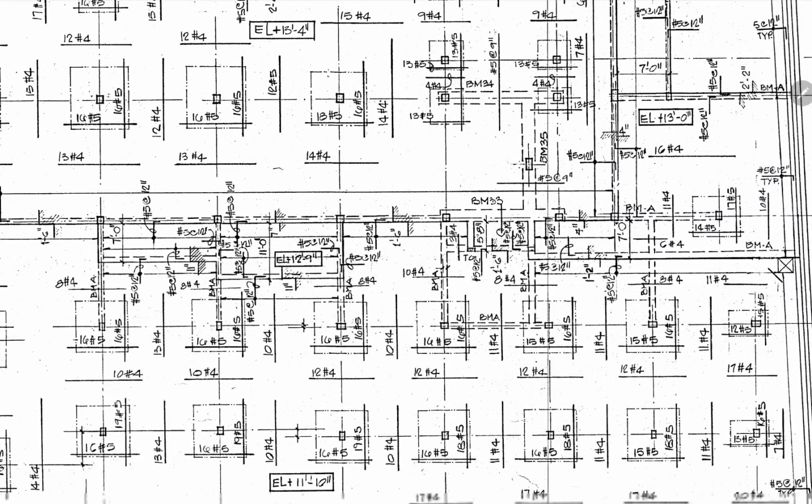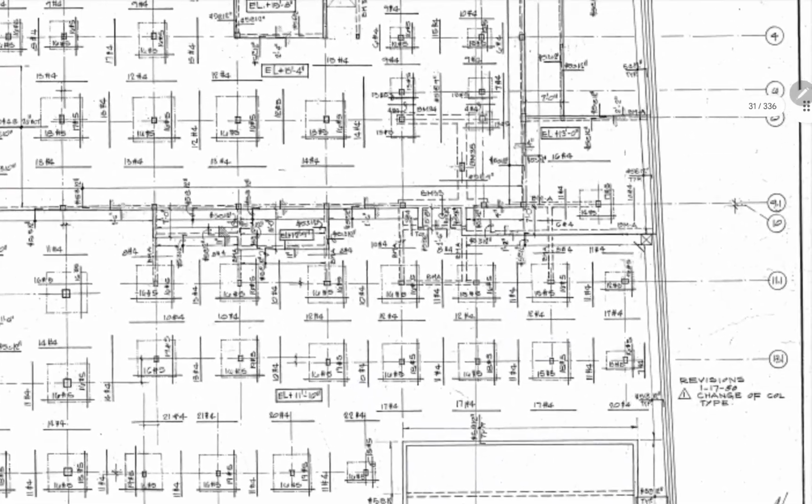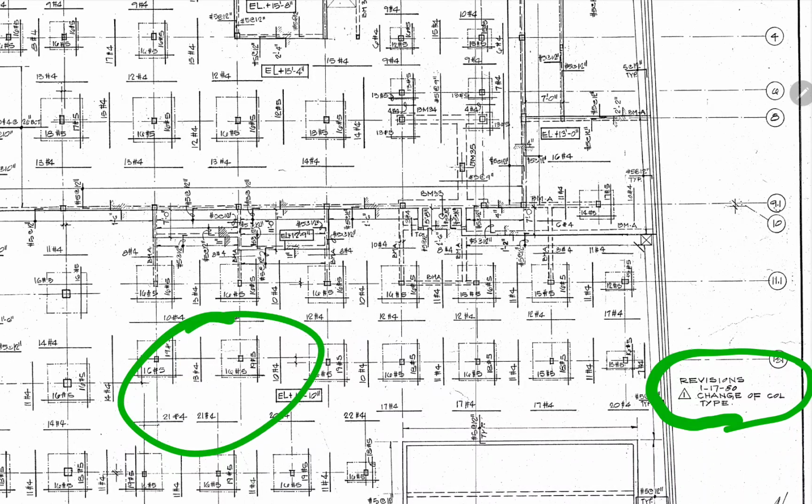You're now at, I said 5 foot. You're now at 5'8" on the kitchen. They bumped that out. But the smoke and mirror trick was they said, hey, we just got one revision we'd like to hand to you. It's change of column type. In reality, it's also removal of the BMA, bump out of the kitchen is what I've been able to observe,